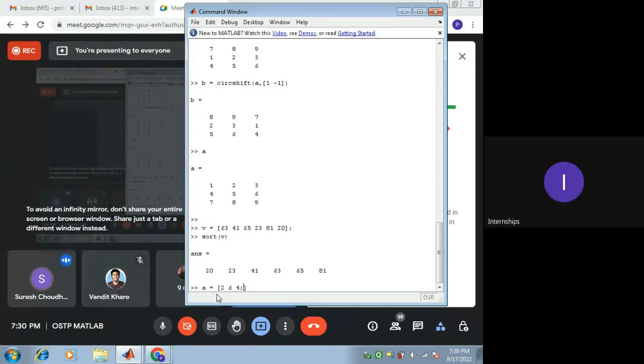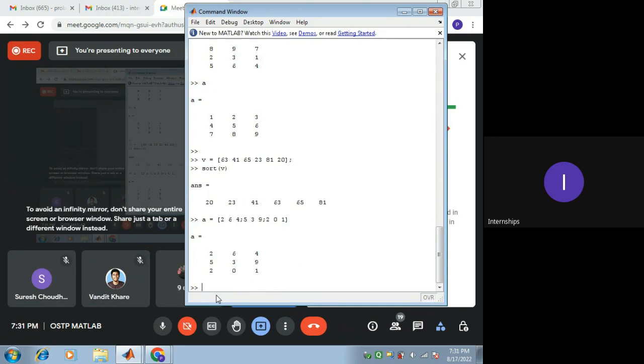Okay. Then 5, 3, 9. Then 2, 0, 1. This is one matrix. If I write down sort